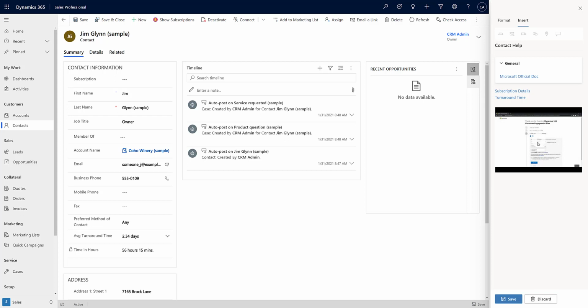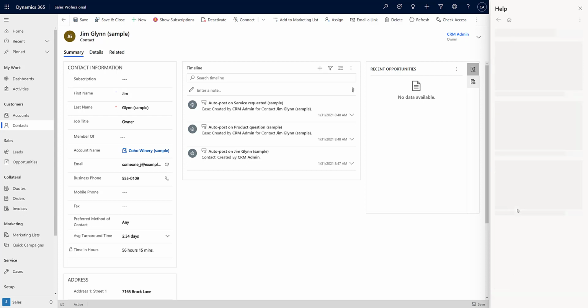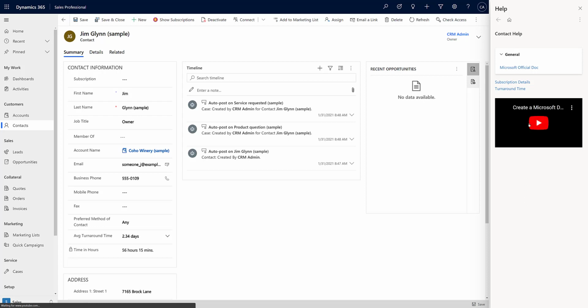It will generate a small box like this which will have the video, and let me save it, so that once it is saved I will be able to play the video and see how it looks. It appears like a YouTube video, and just like any other video embedding, it will appear like this and it will start playing. Since I have allowed full screen, on the right hand side I can also see a full screen button which I can blow up and see. So that's how I add a video.